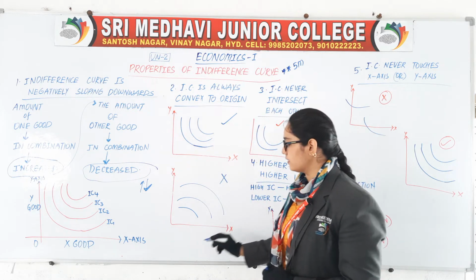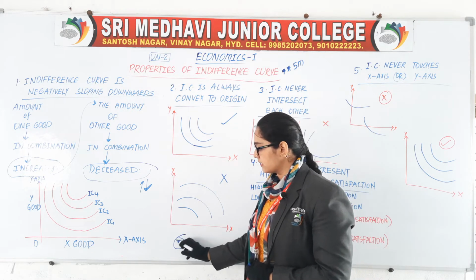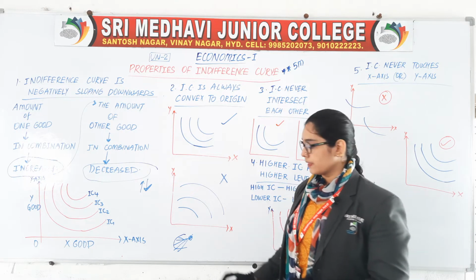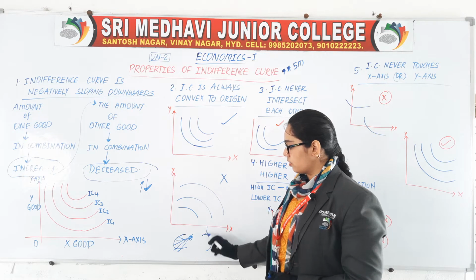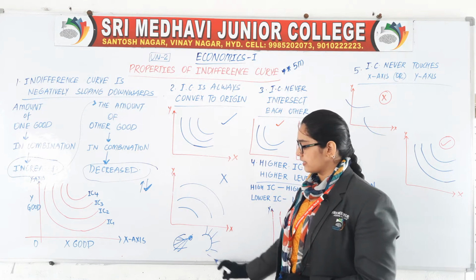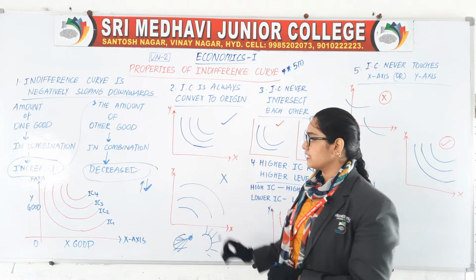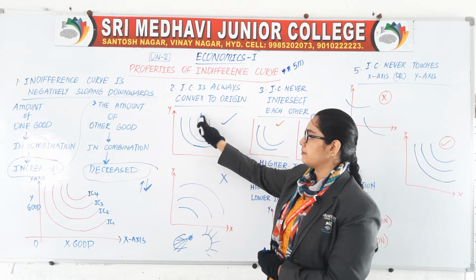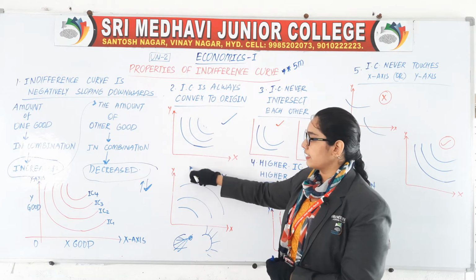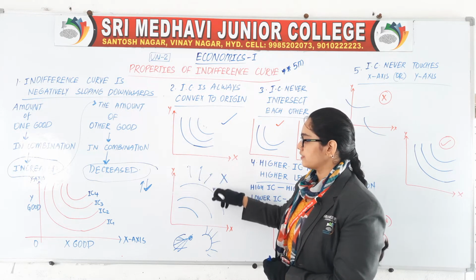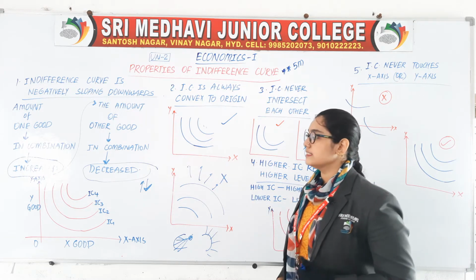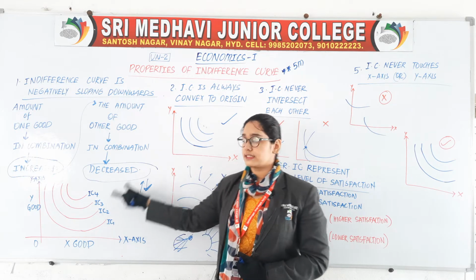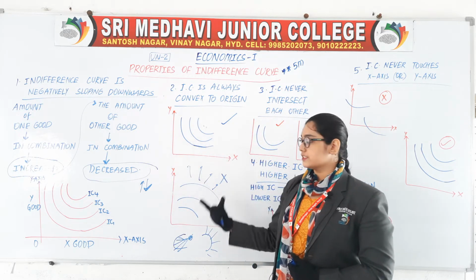Alright, what I said just now, if I do the slipper this way, all nails will come and meet at one point. If I do it like this, all nails will go in different directions. So where it is meeting, that is called convex. Here you can see everything will come and meet, whereas here everything will go in different directions. Alright. So what is the shape of a convex indifference curve? It is convex. The shape is like this. It's not like this.